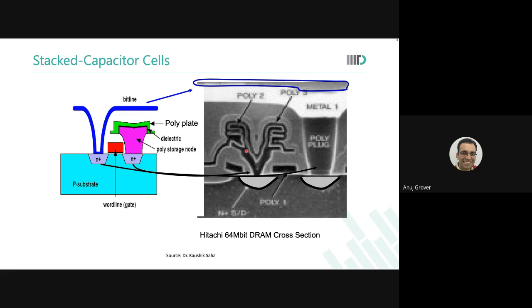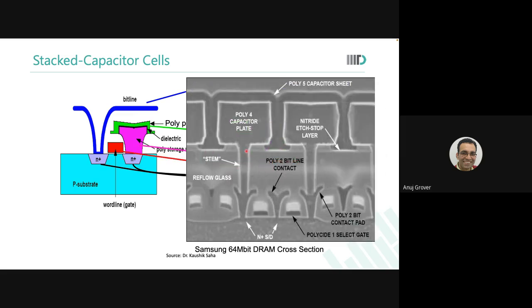This is how it looks like. There's a bit line. There is this one particular side of the poly, and then the other plate of the poly. And that's where your capacitor is. Stacked capacitors were put where the capacitor would be put inside, poly 4 capacitor plate, for example. Again, this is a capacitor over bit line. So bit line hai, uske upar higher levels pe jaake you're making these capacitors. These were, I would say, the first kinds of, so ye to poly capacitor hai,